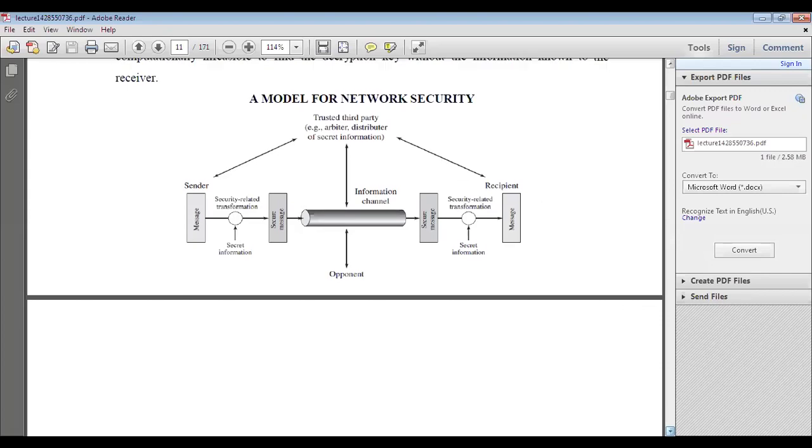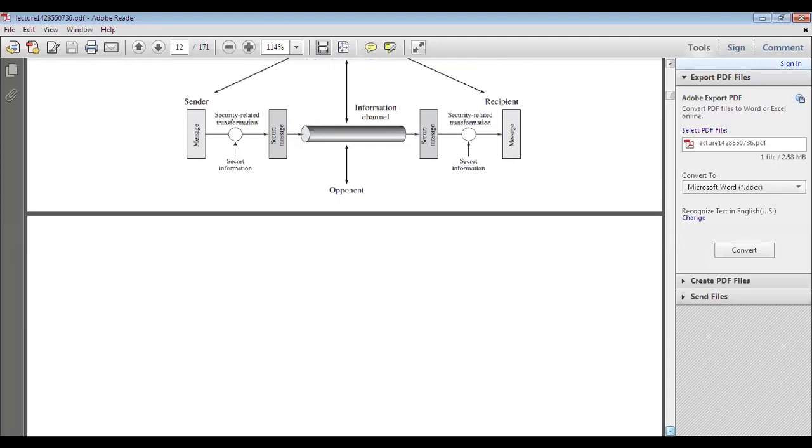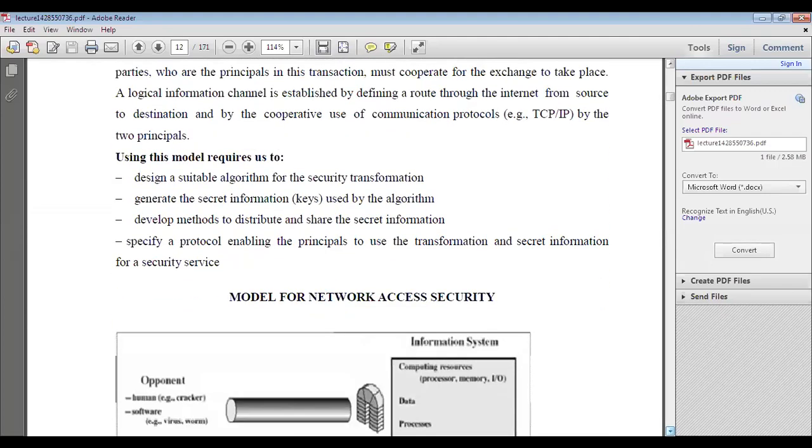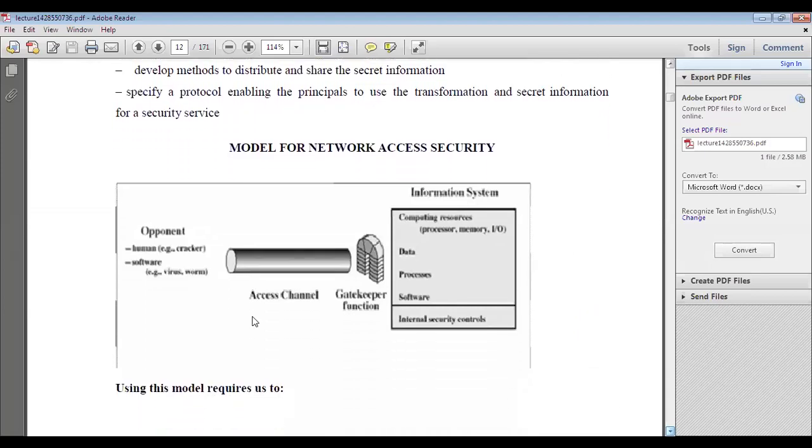So this type of encryption you have to use. First one is the symmetric key encryption, and second one is the public key encryption. So here you have to communicate the data like this. In a secure communication channel, you communicate the data, and the receiver will receive the original information.